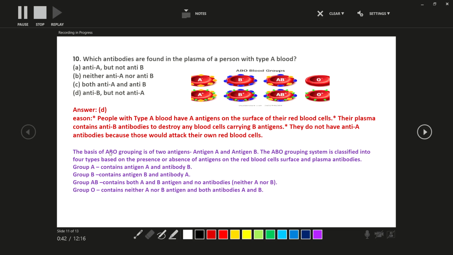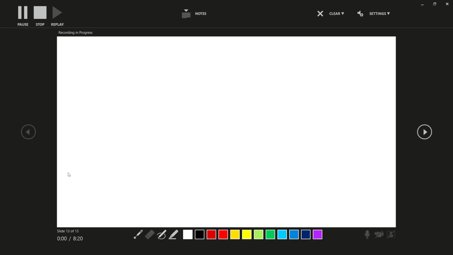The basis of ABO blood groups is two antigens, antigen A and B. The ABO blood groups are classified into 4 types, as you studied, and based on the